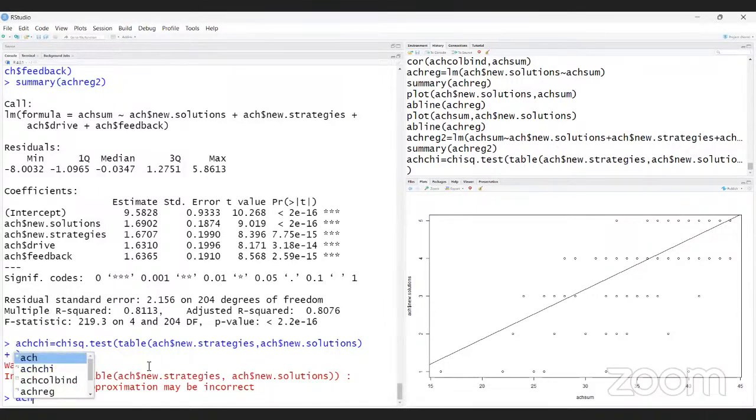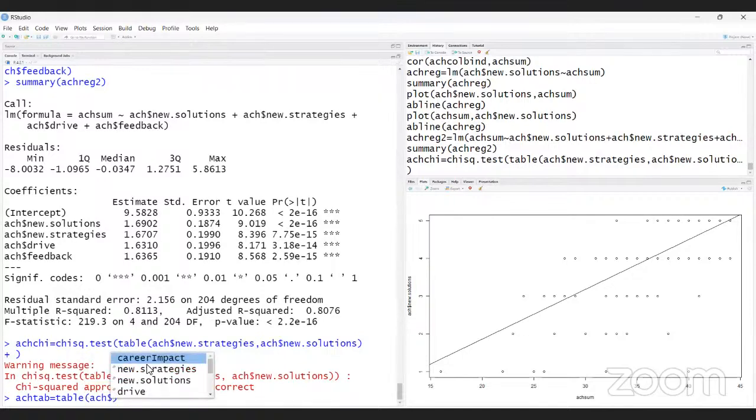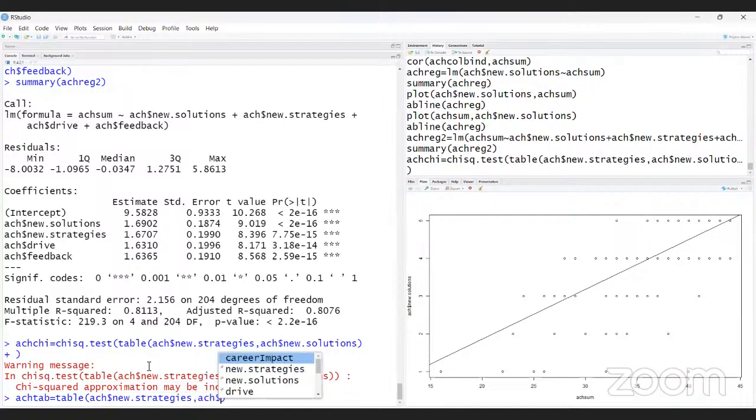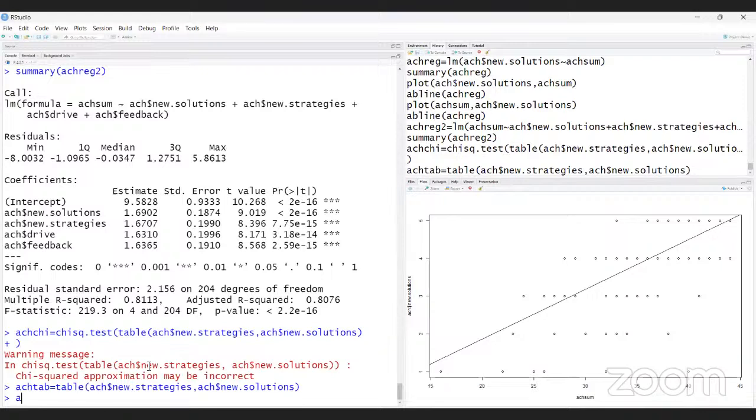ACH tab equal to table, then H dollar new strategies, comma, H dollar new solutions. Yeah. Now H tab.